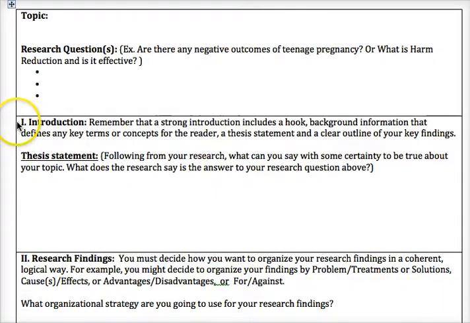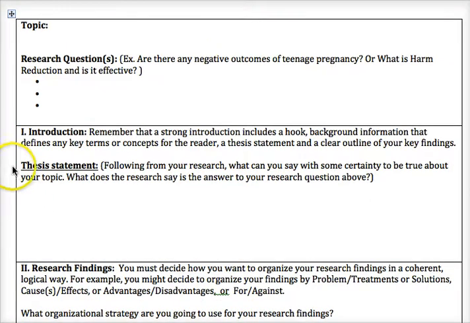And then the first sort of section of your paper is going to be the introduction. You don't have to do an abstract for this research paper. You can just do an introductory paragraph that provides some information. And I have a separate video where I talk about introductions and how to write an effective introduction paragraph. But I'll just remind you here, so an introduction should have a hook,